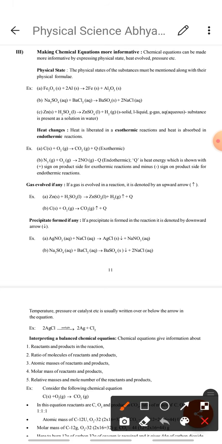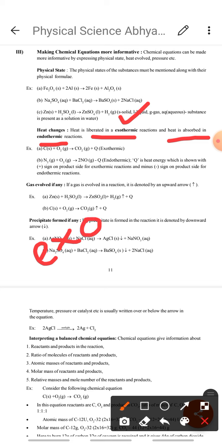So now heat changes. In some reactions heat is liberated, that is called exothermic. In some reactions heat is absorbed, that is called endothermic. So according to heat, reactions are classified into two ways, exo and endo. Exo is heat releasing, endo is heat absorbing. So in these equations,